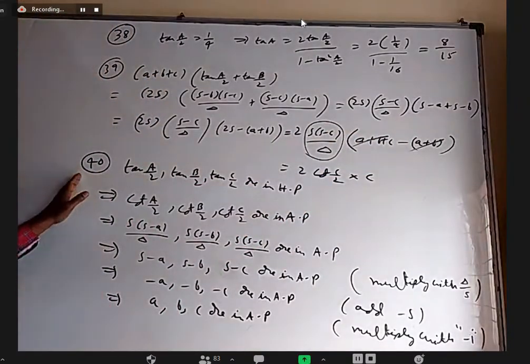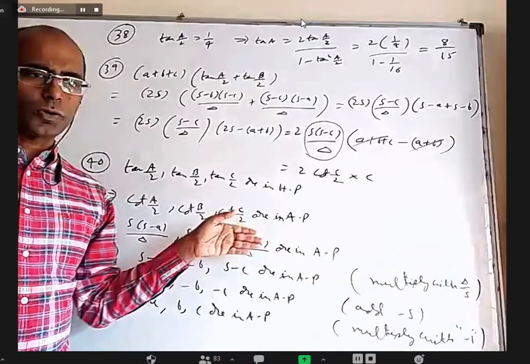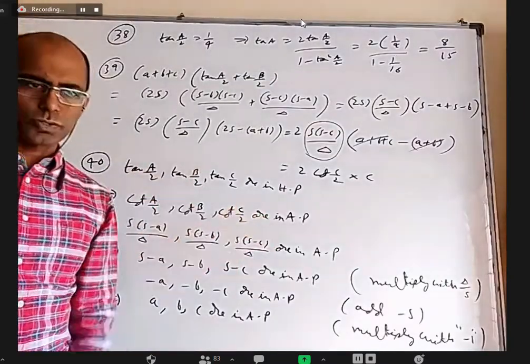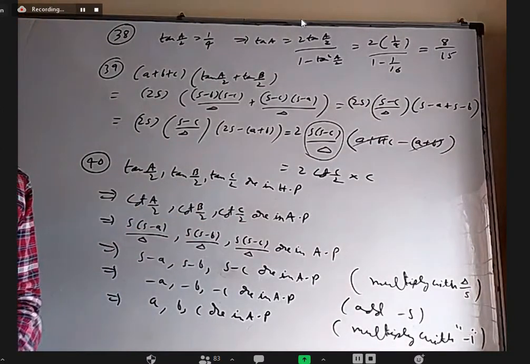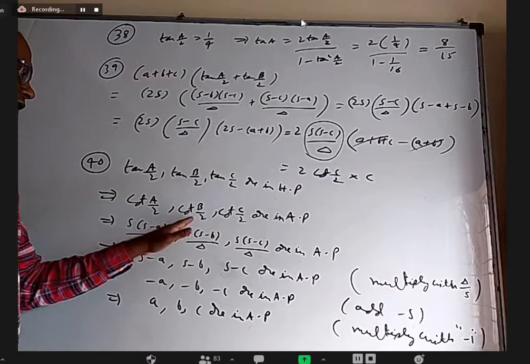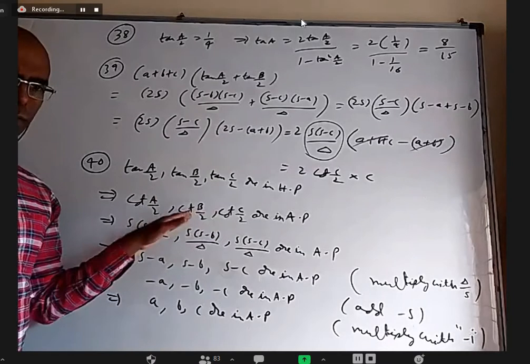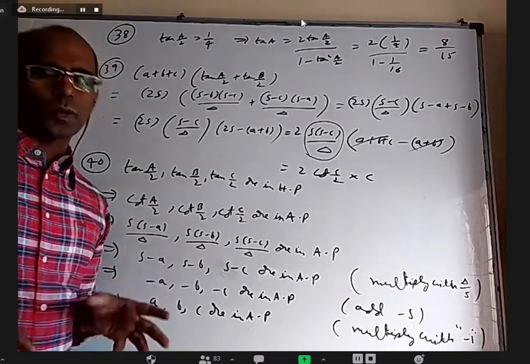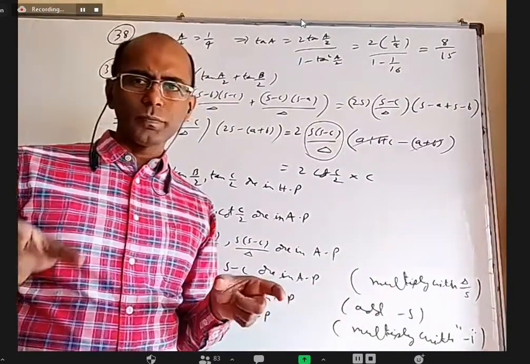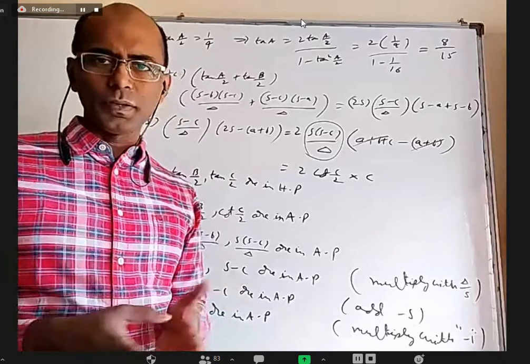40th one, whenever a set of numbers are in harmonic progression, their reciprocals are in arithmetic progression. I can take this plus this equal to 2 times this. That is one way to deal with AP. Or I can take second term minus first term equal to third term minus second term. Apart from that, I'm doing one thing. All of you know these few properties that whenever a set of numbers are in AP, you multiply with a number also, they will be in AP only.